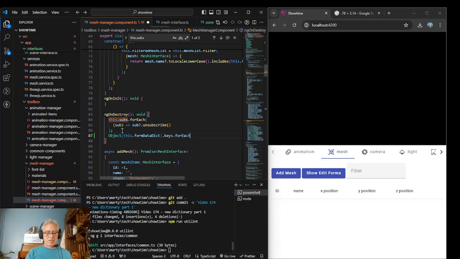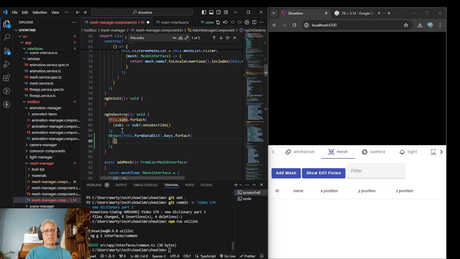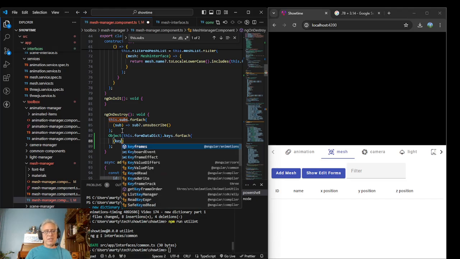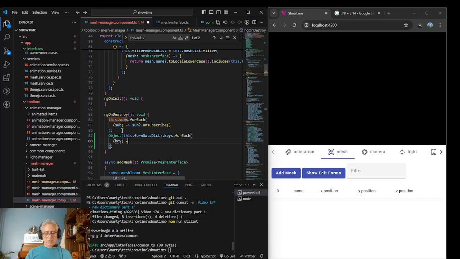So basically, we're going to loop through every one of them, and we pass this a record or the key, which I believe is an